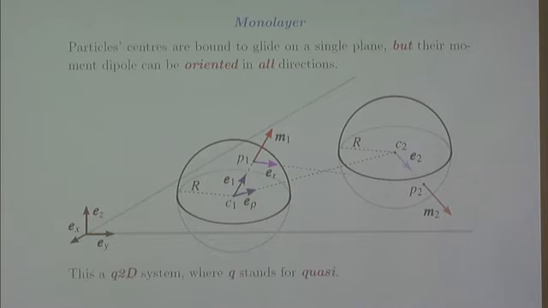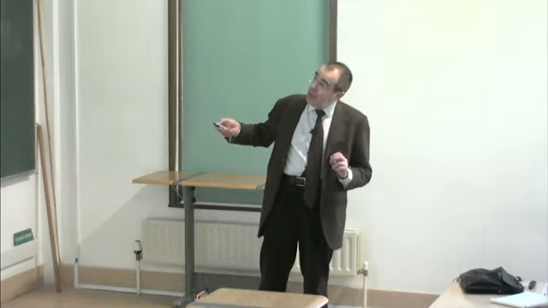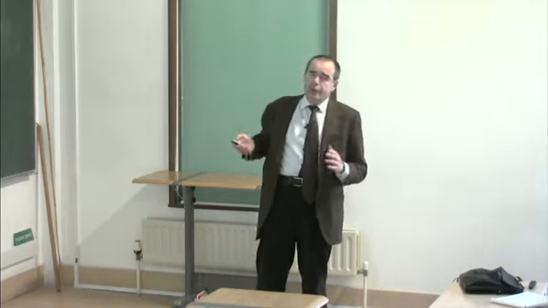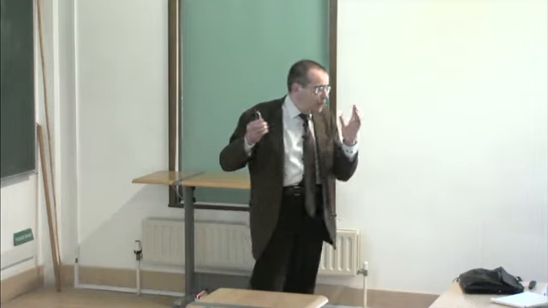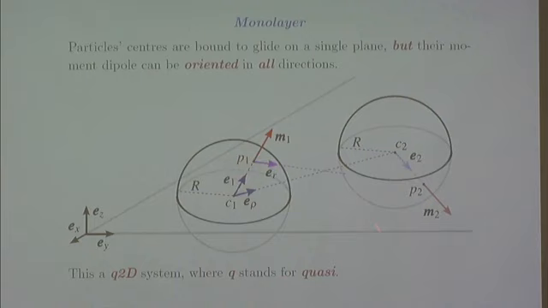This is sometimes called a quasi-2D system, because it is surely two-dimensional, because the centers of the spheres live on a plane, which is a two-dimensional manifold, but the orientation of the dipoles can be all over the place. So it is 3D if you think about the orientation of the moments, but it is 2D if you think